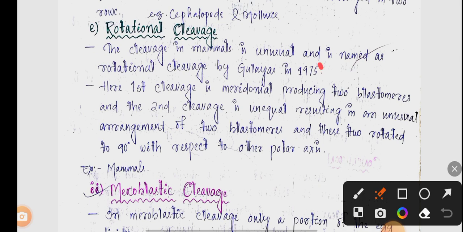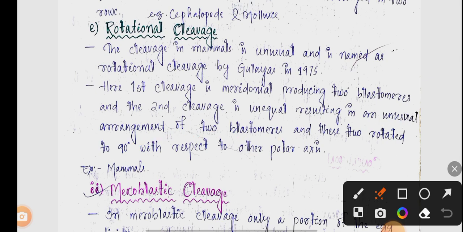It is an important question for entrance exams. Here the first cleavage is meridional, producing two blastomeres, and the second cleavage is unequal, in an unusual arrangement